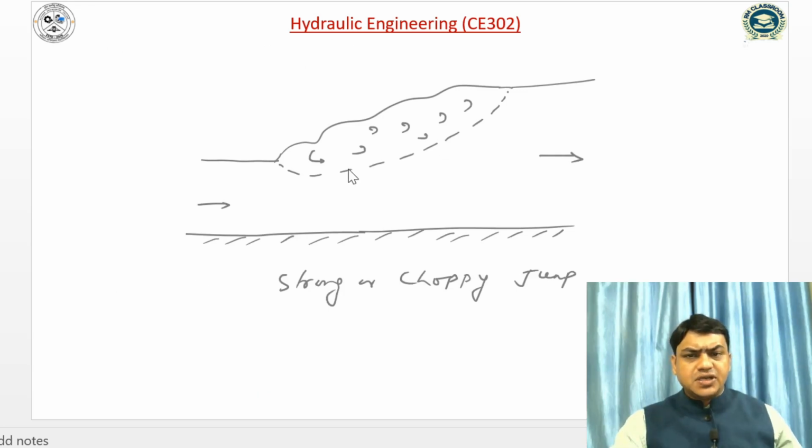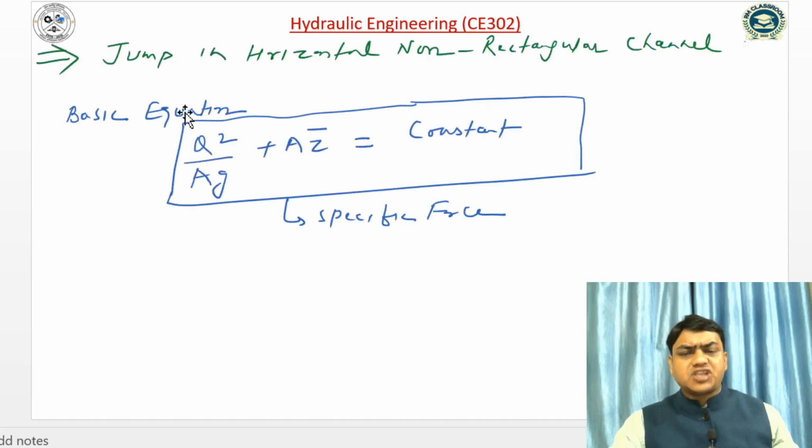So here we can see that this is the example of the strong or choppy jump. And in case of non-prismatic or non-rectangular channel, jump in horizontal non-rectangular channel, the basic equation is specific force will be constant, means Q square by Ag plus A z bar is equal to constant. So in case of non-rectangular channel, we cannot use